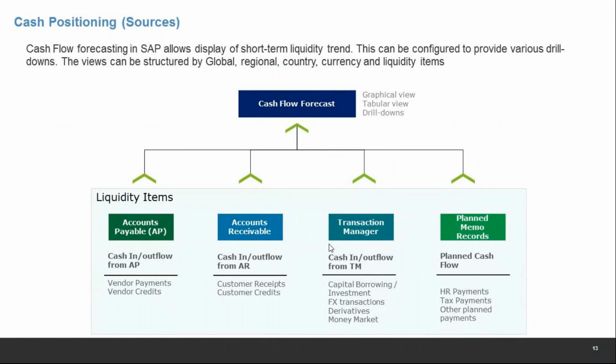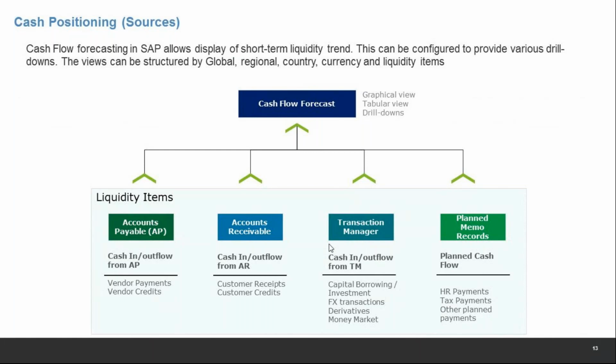Then coming to cash position. This is something I was trying to explain even with the opening balance, the transactions and the ending balance, and how it works. Basically, cash flow forecasting in SAP. Very typical terms, but in SAP you have to get used to these terms when you are doing cash management: cash position and liquidity forecast. Cash position means the current position as of today, as of now, very short term. If I want to check today's position or past position or future, just the next couple of days, that comes under short term. Liquidity forecast comes under mid term, mostly mid to long term.